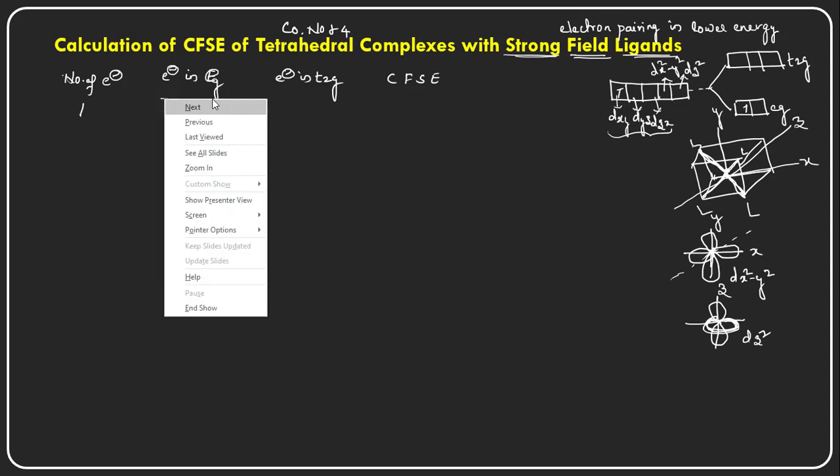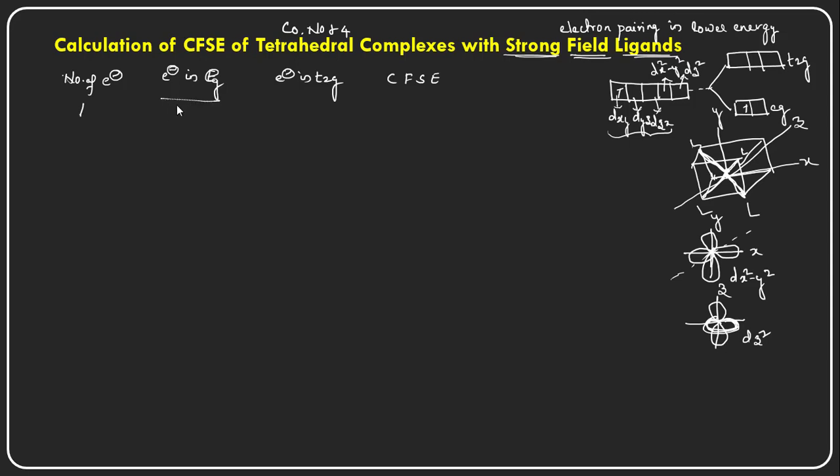So here, in order to understand better, these are the Eg orbitals and these are the T2g orbitals, and one electron will enter into this Eg orbital. So what is the energy associated with this one? Eg orbitals are decreased in energy by minus 0.6,